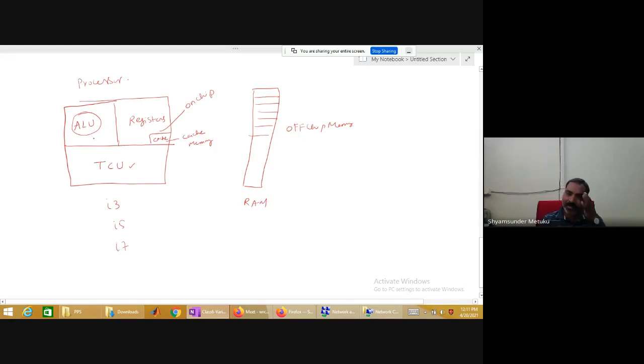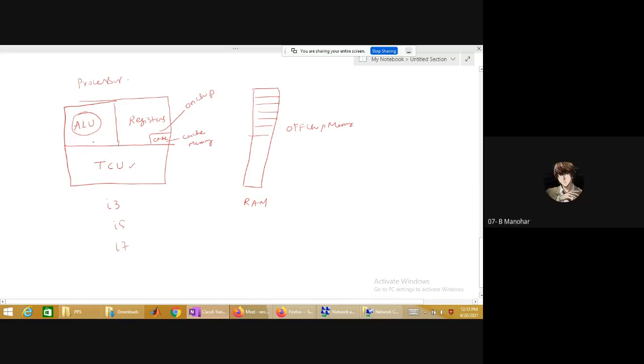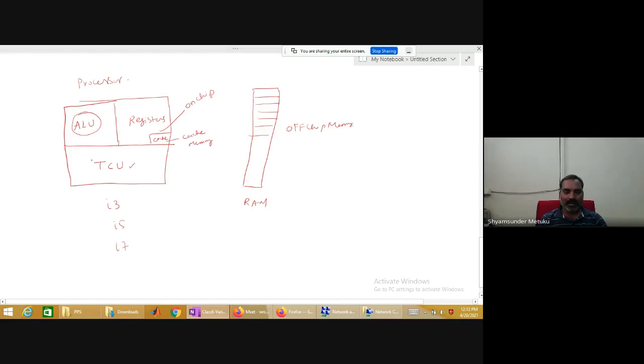I will give you an example. I think you might have watched a movie called Robo, the first Robo. Without instructions of the creator, will it perform anything? No, sir. So the one who developed that Robo is nothing but this timing and control unit. Unless this particular block gives information at what time what to perform, it will not perform anything. It is like a dummy kind of thing. It keeps idle until it gets an instruction.